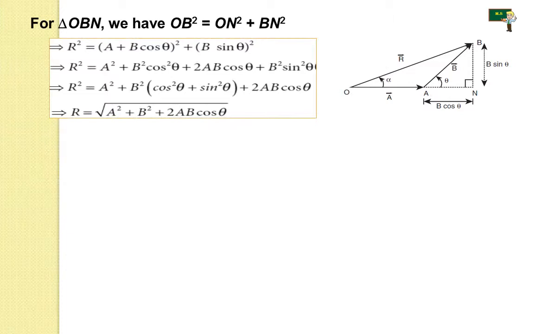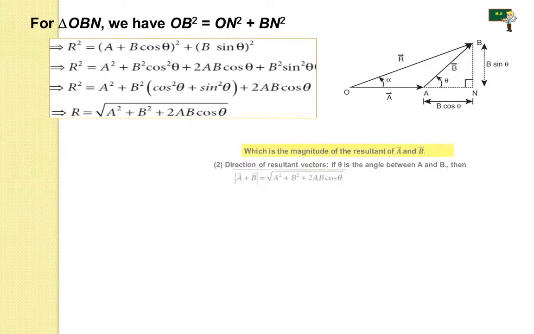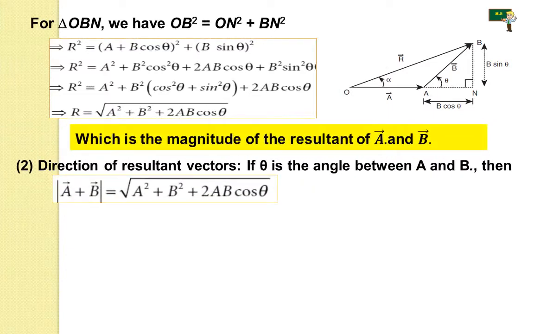Now the second one, the direction of the resultant vector. Here theta is the angle between A and B. Then the modulus of A vector plus B vector is equal to the root of A square plus B square plus 2AB cos theta. If R makes an angle alpha with A, here we know R is here, then in the triangle OBN,